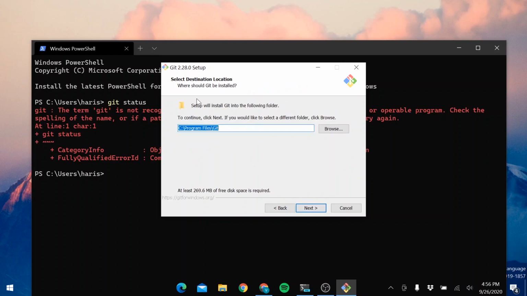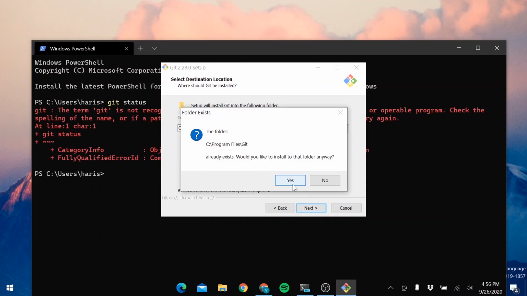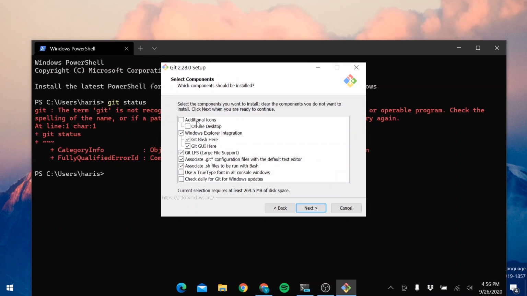And this is the installation directory of Git. By default it is installed in C, Program Files, in a folder called Git. Click next. Also, this folder exists. This will be a random pop-up, you can use it or not, it's not a problem really. Okay, type yes and check this. If you want an icon on the desktop, press this button. If you don't want any icon on the desktop, you can ignore it.